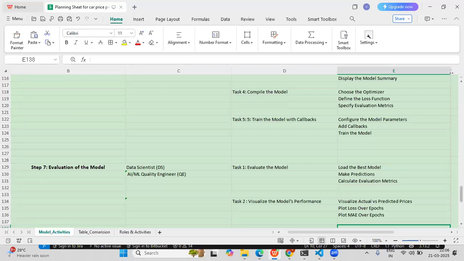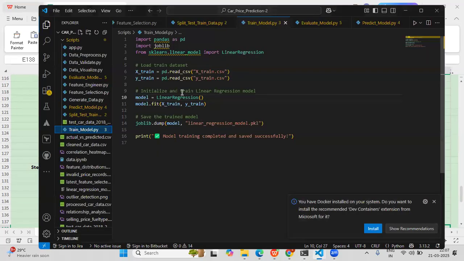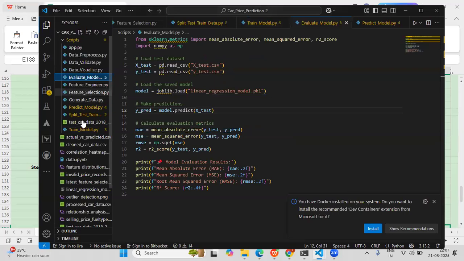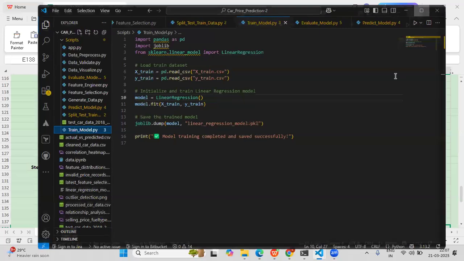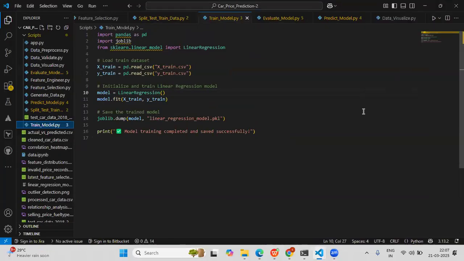So now I will show the difference between the linear regression ML model and TensorFlow, the code review also. Let's go to the code. So basically, here we are importing from sklearn linear model, the linear regression.